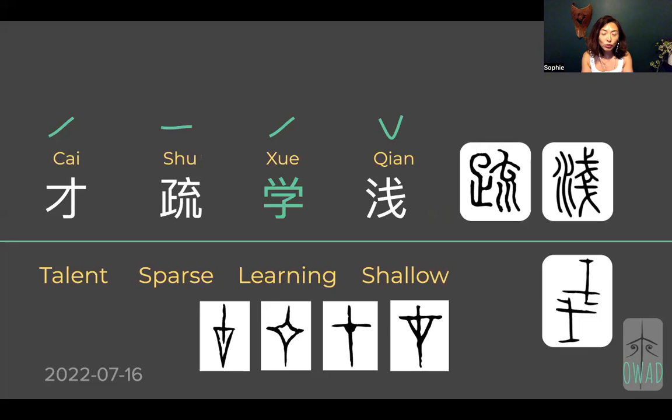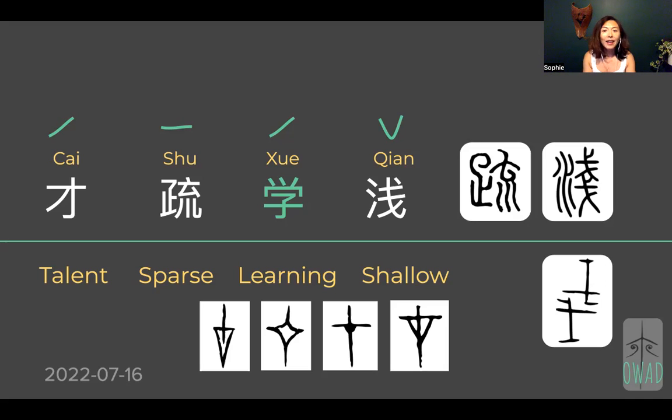才疏学浅. You can see I mixed up the sequence. 学 is the same, about learning, and then we have 才, another noun, and 疏 and 浅 are adjectives to describe the two. Often we pair like this, if we want to show it's different, so nouns and adjectives are kind of mixed up like that. Just now I said it this way, 才学疏浅. You can also say that, but if you pair this way, this is the more classical Chinese phrasing.